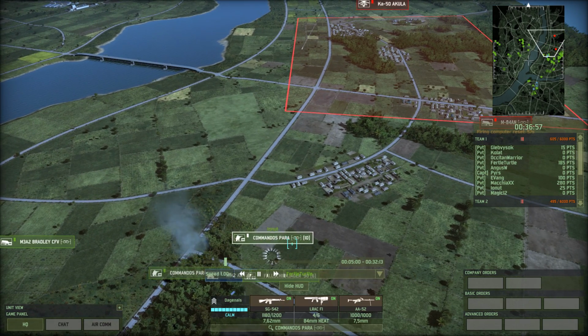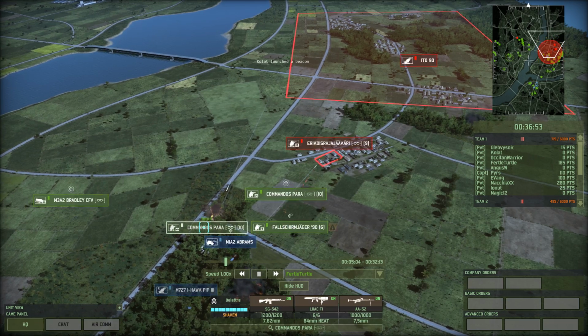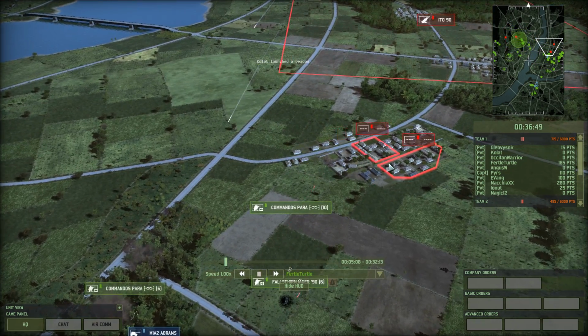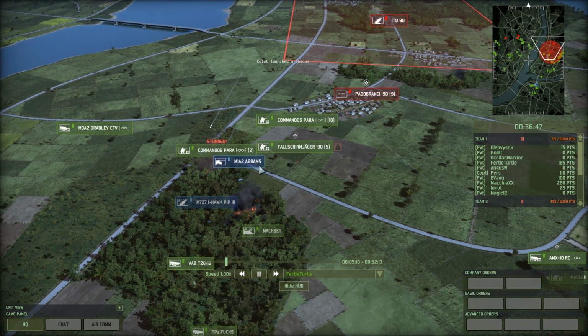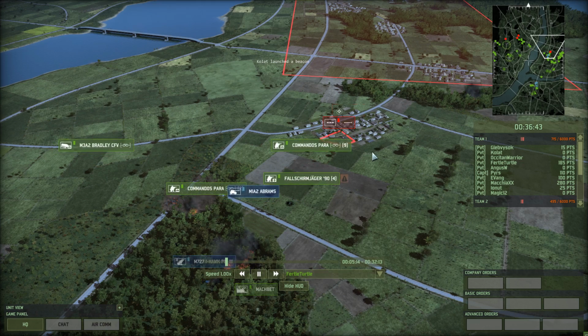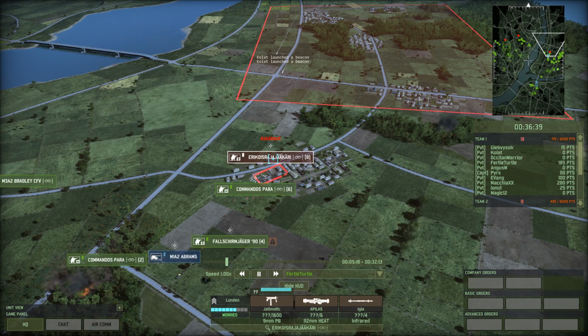And this is something that I really like. Ionut pushes in with the Commander's Pair and the Fallschirmjäger and the Commander's Pair again. It's risky to push into a town, but it is arguably equally risky to not push into the town. Because for all you know, this could be a town that's defended by a skeleton force, which it very much